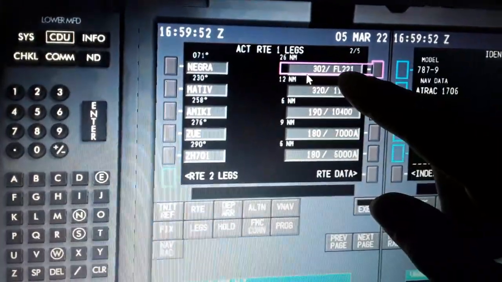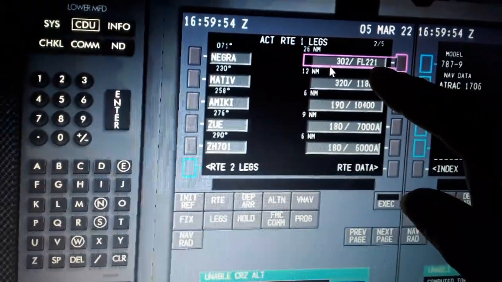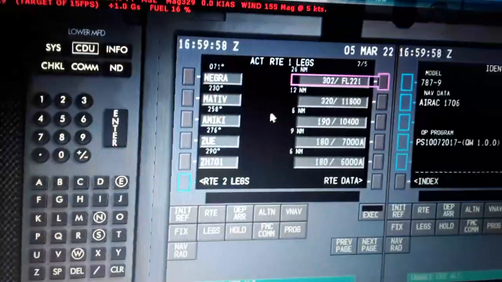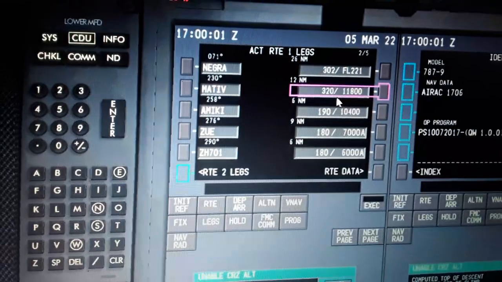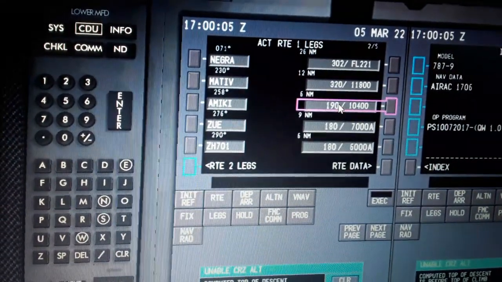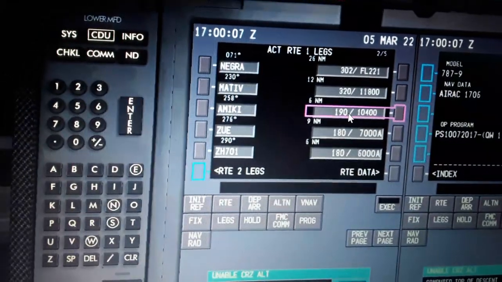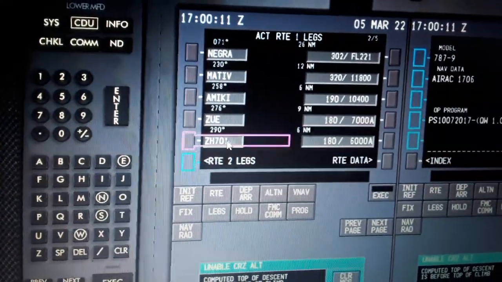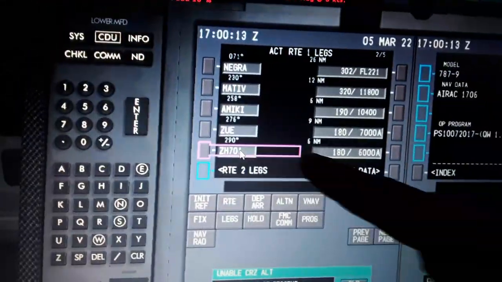On this heading, we're gonna make some turns in flight. Flight level 22,100. Mativ 320, 11,800. Amity, we're gonna start the descent here for approach and landing. So Amity 190 knots, 10,400. Zui 180 knots, 7,000. Z8 Zurich 701,